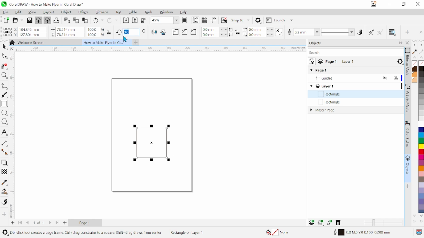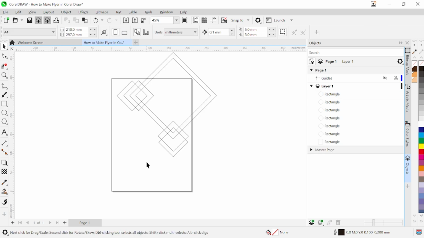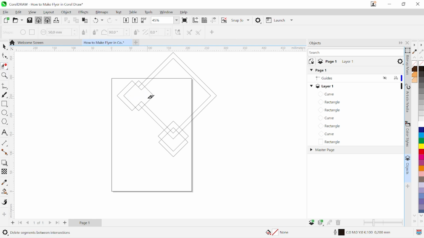Change the angle of rotation, for example, set it to 45 degrees to create a dynamic diagonal shape. Duplicate the object several times and arrange the layout carefully until it looks like the results shown in the video. Next, select the Virtual Segment Delete tool to remove overlapping lines. Click or drag across the areas you want to remove, as demonstrated in the video, so only the desired segments